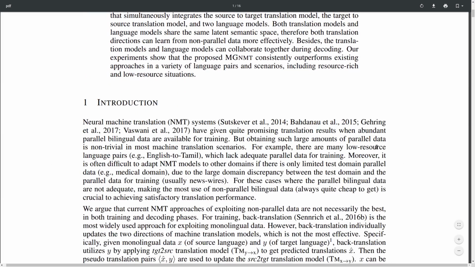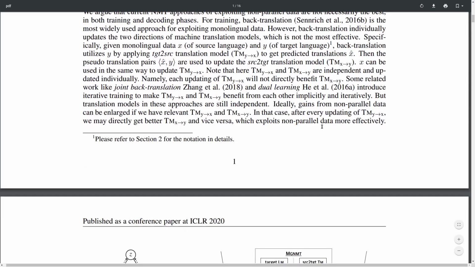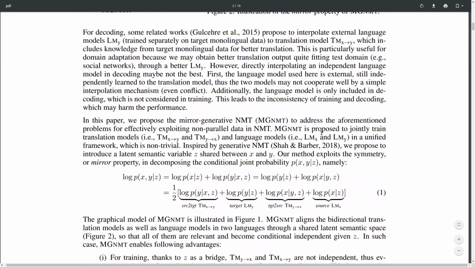So first of all, to give you a quick background about neural machine translation, the basic approach is, if we look only at this part of this equation here, that you have some input sentence x, which could be in German, let's say, and you want to translate it to a target language, let's say English. And you do this by modeling the probability distribution P of y, so the English sentence, given the German sentence. That's how we model it.